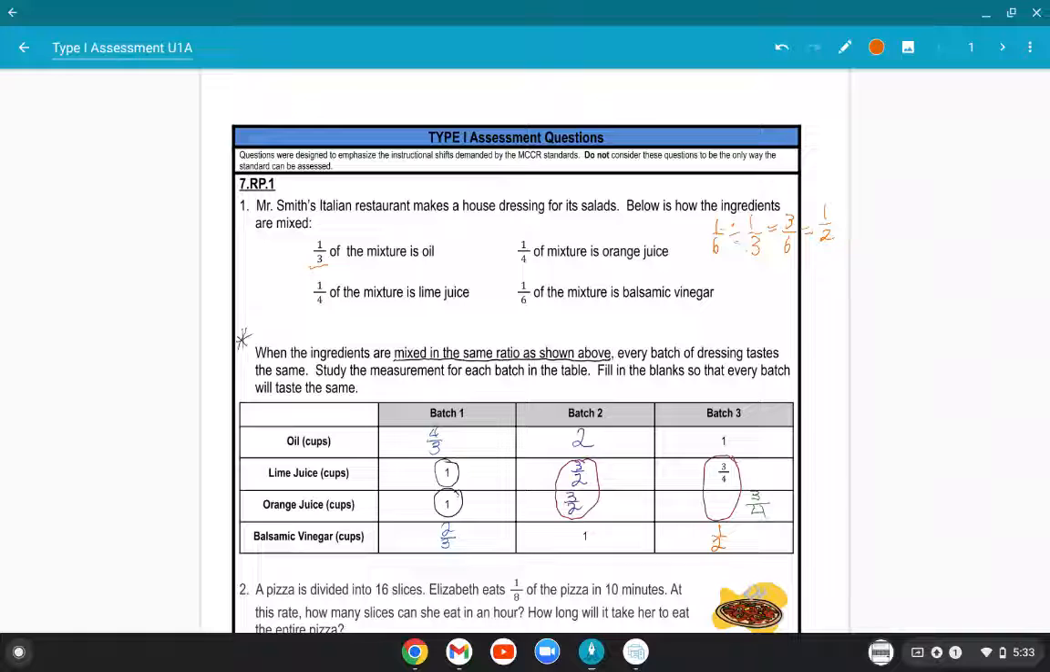Technically, since the instructions did not say simplify, the good thing is you don't really have to simplify because the instructions did not say that. But I want you guys to get used to simplification. Now it's time for me to prove why I got 3/4 for the lime juice and the orange juice. The reason why I got 3/4 is I'm going to have 1/4